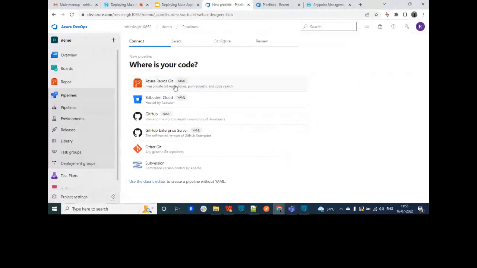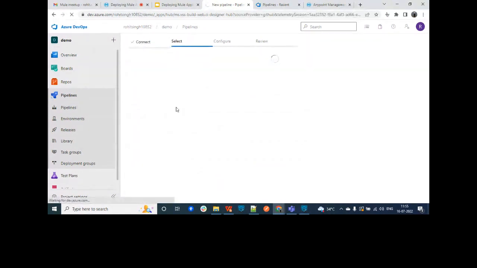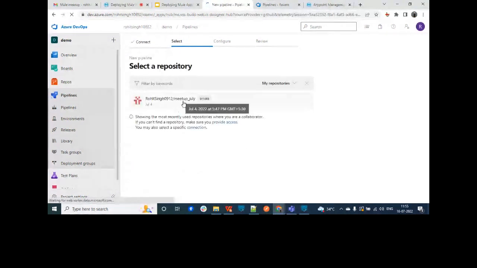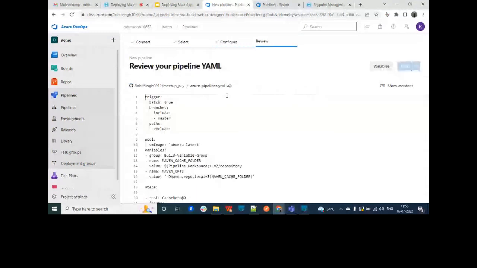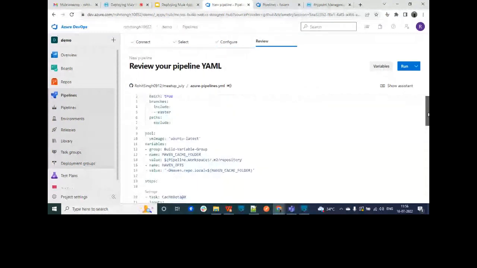Now, where does your code lie, whether it's on your Azure repo, BitBucket, GitHub, or any other Git. For example, I have already pushed my code to GitHub, so I can directly connect my Azure to GitHub. So click on GitHub. I have already connected my GitHub account. In this, you can see, I can find my repo. Now, in this, you need to have an azure-pipeline.yaml,